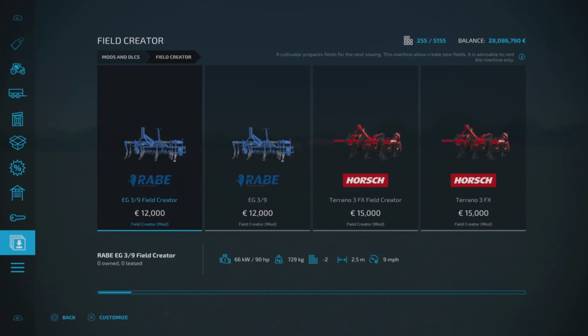It does say something on the Mod Hub website about the cultivators and disc harrows not being very worker friendly, but the subsoilers are. So again, I've not tested, but it's something for you guys to probably just be aware of and sort of test out yourselves. But as far as I can see, you can still use this as a standard cultivator. You just flick between allow create fields and limit to fields. And my advice anyway, when you're trying to create fields, is to just do it yourself. You don't really want to be going hiring workers or anything like that, in case it does mess anything up. So yeah, that is the Field Creator pack by